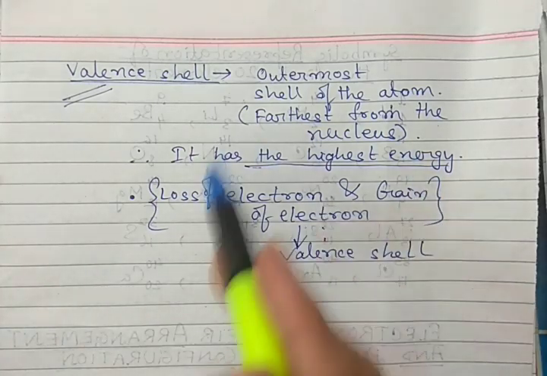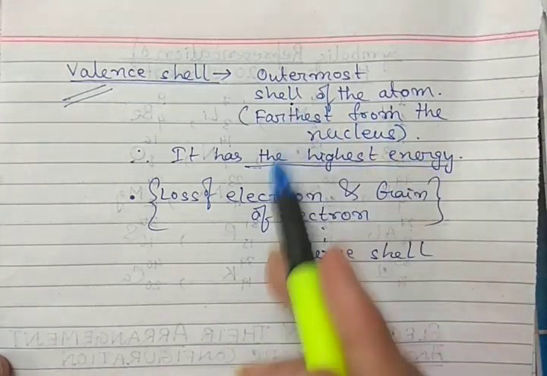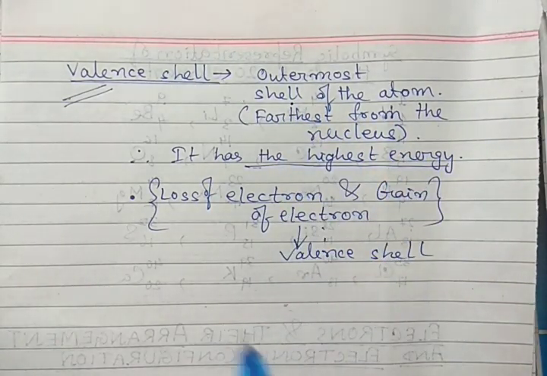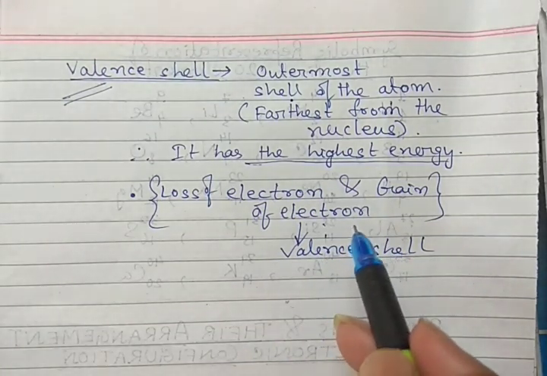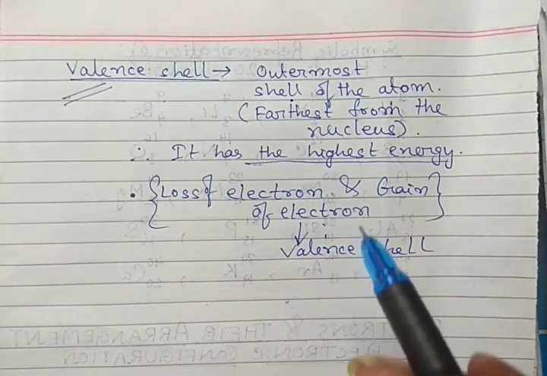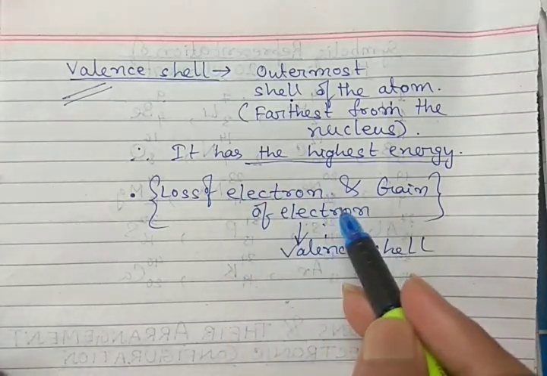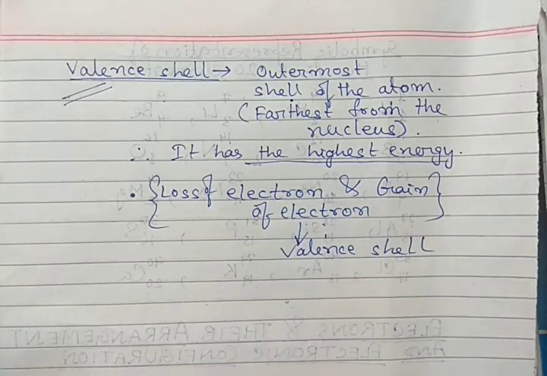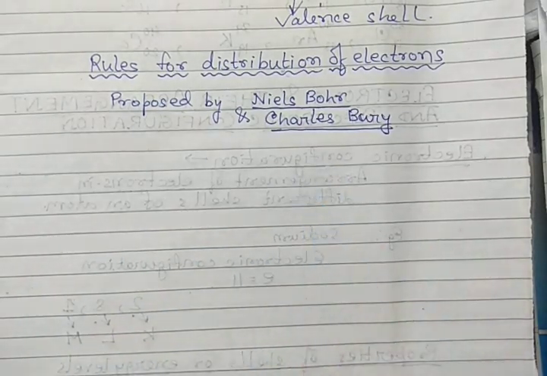এই ভ্যালেন্স শেল থেকেই হচ্ছে। তার কারণ কি, ভ্যালেন্স শেল আউটারমোস্ট শেল, এবং আউটারমোস্ট শেল বলে কি নিউক্লিয়াসের যে ফোর্স অফ অ্যাট্রাকশন বা ইলেকট্রোস্ট্যাটিক ফোর্স অফ অ্যাট্রাকশন সেটা সবচেয়ে কম এক্সপিরিয়েন্স করবে। যে যত দূরে চলে যাবে নিউক্লিয়াসের থেকে সে তত কম ফোর্স এক্সপিরিয়েন্স করবে, এবং তার জন্য এই শেলটা থেকেই যত লস অ্যান্ড গেইন অফ ইলেকট্রন হতে থাকে। ইজ ইট ক্লিয়ার? Okay, so while distributing the electrons in the various shells of an atom, there were a lot of